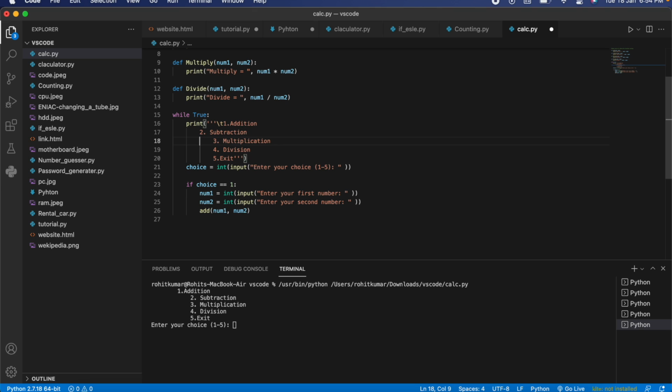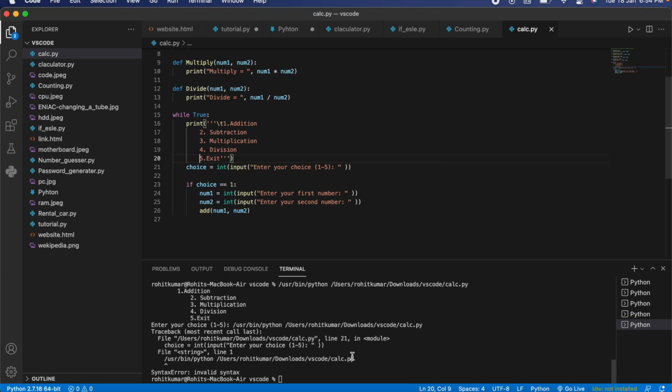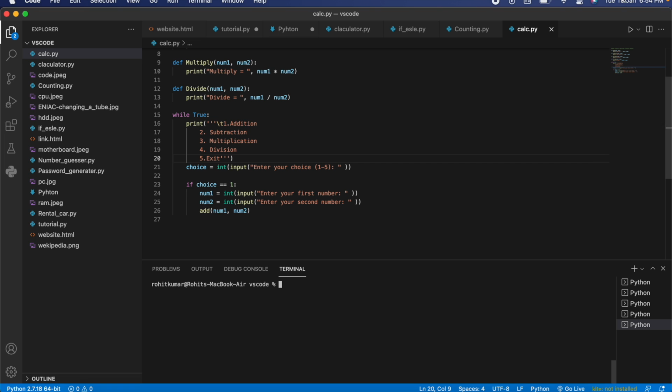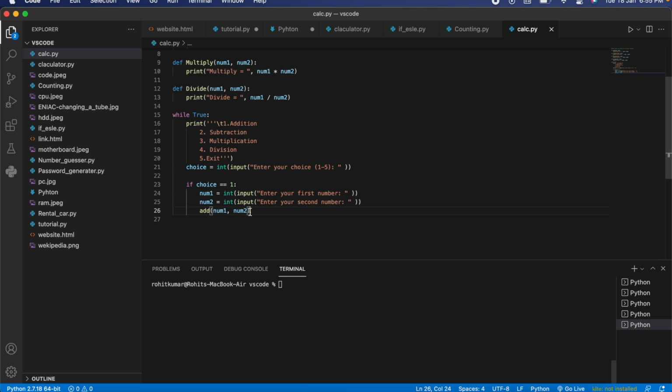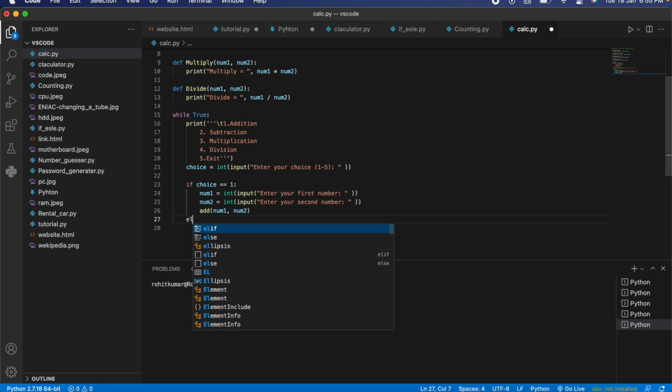We can do it like this. Now if we run it, we didn't define the exit function yet, so this is doing it like this. Yeah, they are in the same order. I'm trying to do it in the same order. Now let's clear this. Now let's make another elif choice, because we use if choice equals